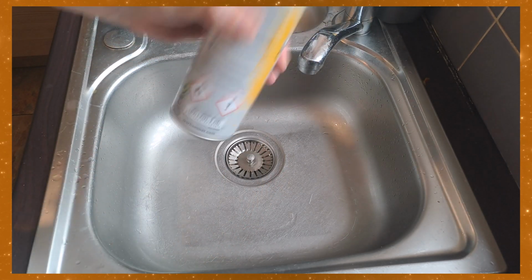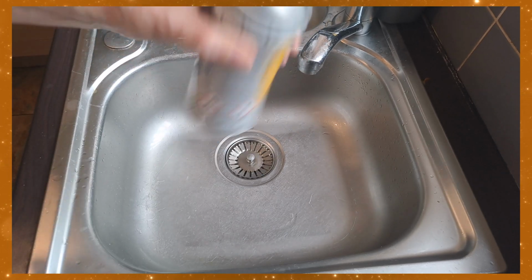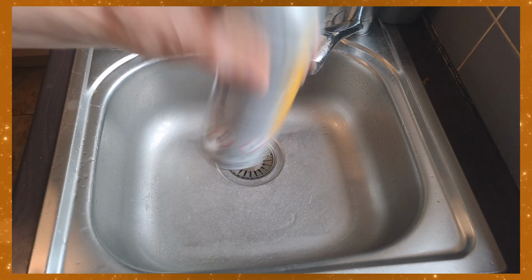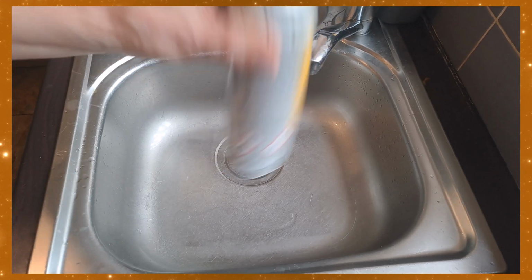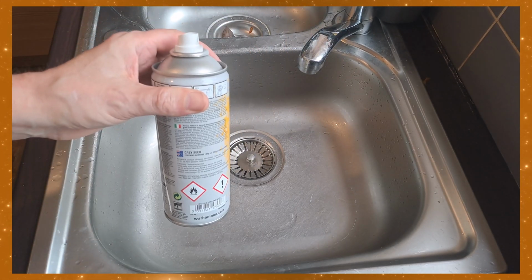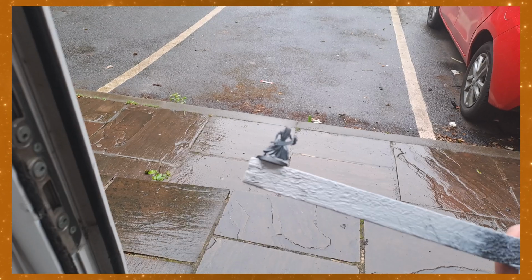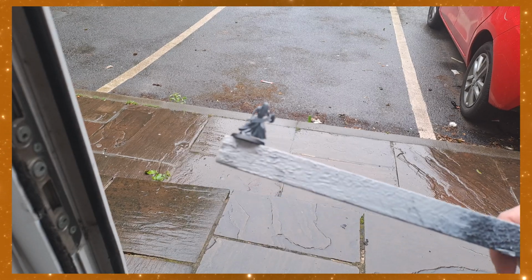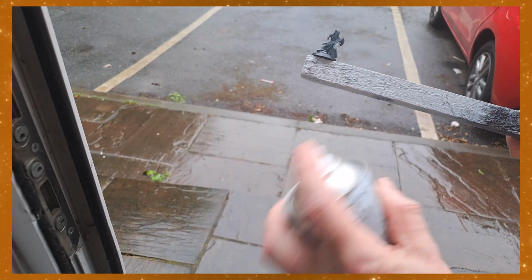So I'm going to have to be... It's actually started to rain outside now, which is a bit annoying. I'm supposed to show you, but we'll do that. So I'll go get set up now and then I'll show you priming the model. Right guys, we're going to prime this model now. As I said, it's raining outside, so I'm doing it in a way where we're not in the wet. And I'll show you up. So let's just give it a quick... There you go. So we're going to...